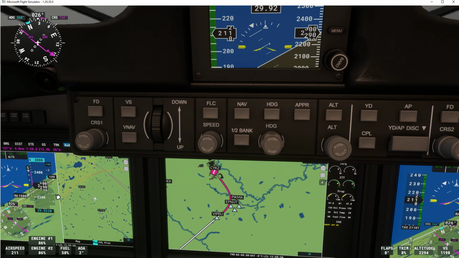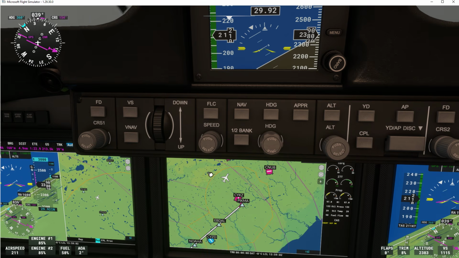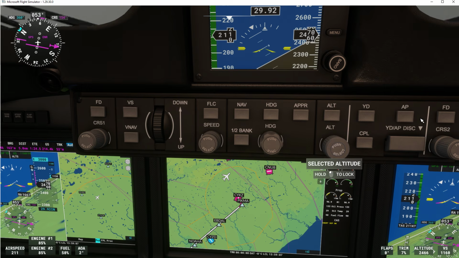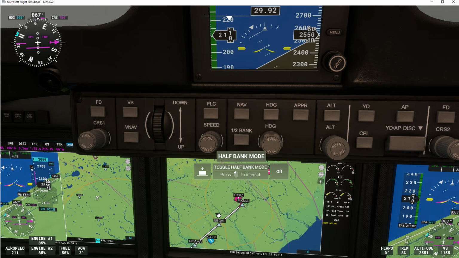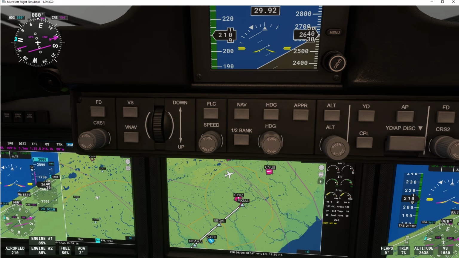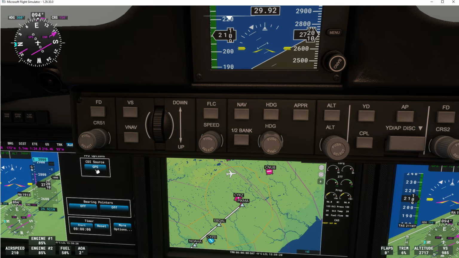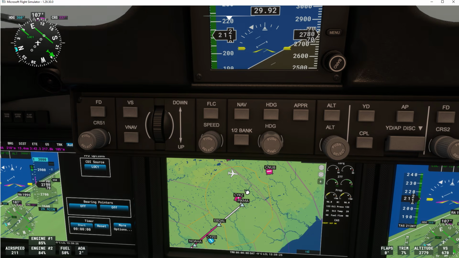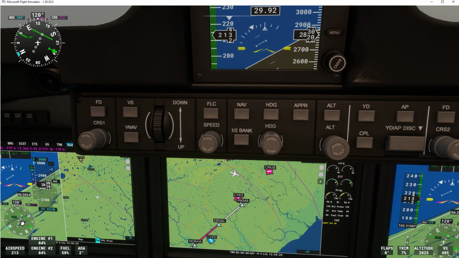So the plane should be, let me just zoom out here, should be turning around now to come back and pick up our flight plan, now that we have the autopilot on and the nav on. I'm just going to click on there and make sure that's on GPS. I just switched to localizer now because it probably picked it up at this airport. So I'm going to change that back